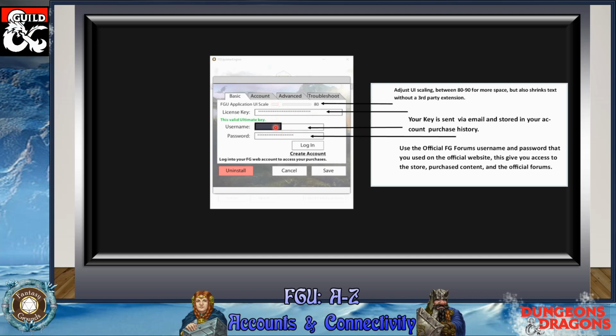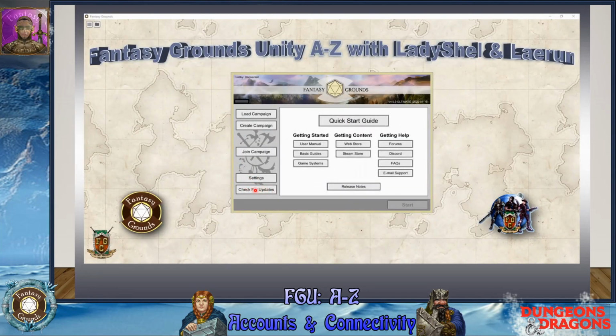That's what pulls in your data, and it kind of handshakes between the client and the account that you have on fantasygrounds.com. Once you do that and you hit save, then it will pull in the data, and then you go back to the launch screen, and it'll have a little check for updates here on the bottom. It'll turn red, or you'll just do it manually even if it doesn't, and it'll pull in all your data, and then your license will change up here on the top right to whatever license level that you purchased. So up on the top right here where I've got the mouse laser pointer, that is where this will change.